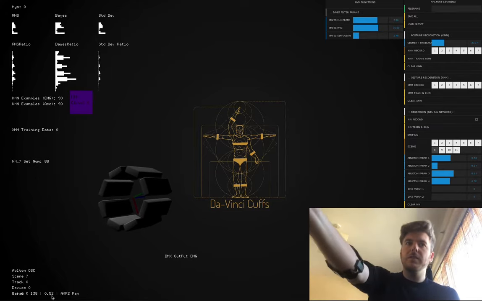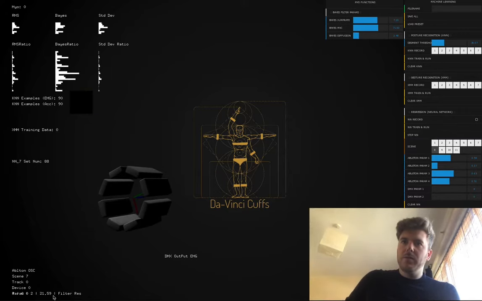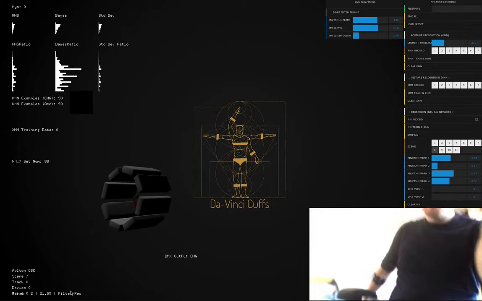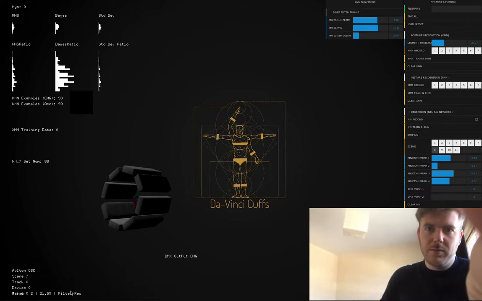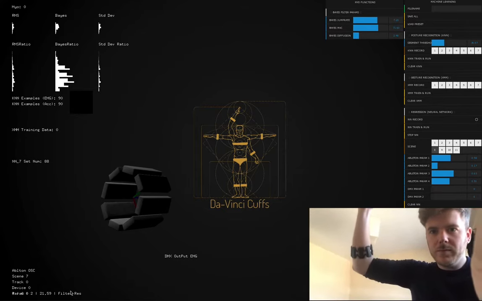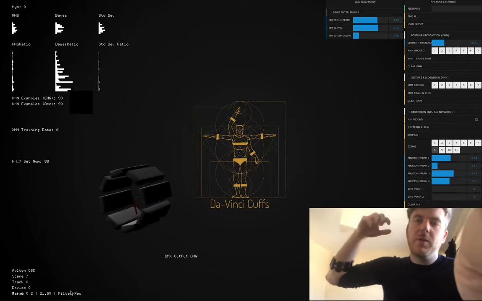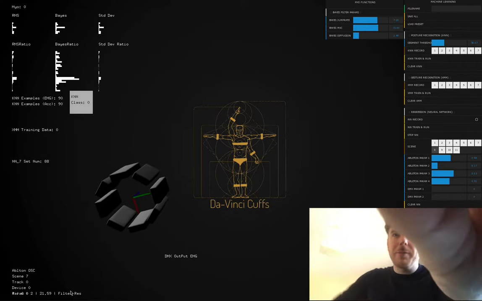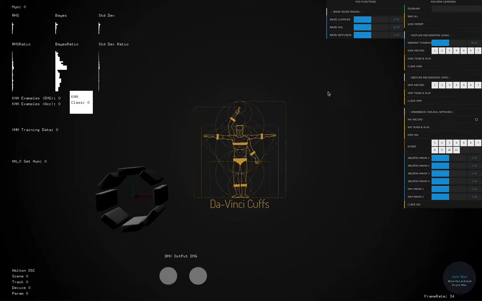So we can do this kind of thing. Record more of that. There you go. I'm just moving my arm around. It's quite interesting to play around with those movements as well, like what happens when I whack my hands down and things like that. So I'm just going to show you a couple of other final features, which is that